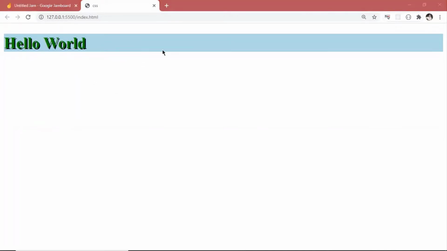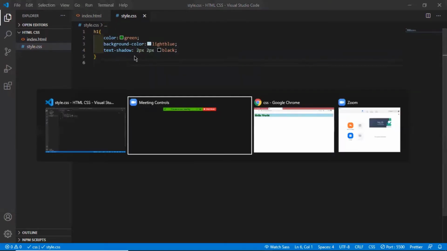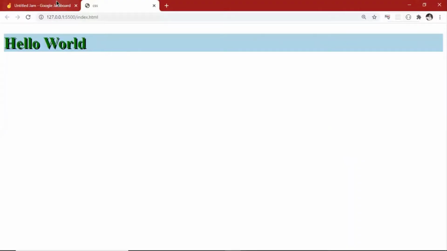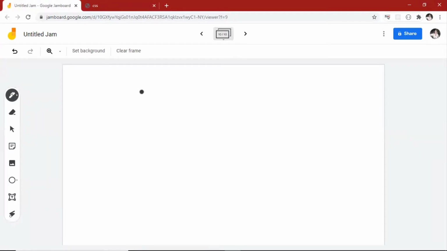Here you can see the black is the color. So what is 2px 2px? It is like x and y coordinates, and px is equal to pixel. There are different ways of giving the amount of the properties, which means that there is px, there is rem, there is em, and all sorts of other things.